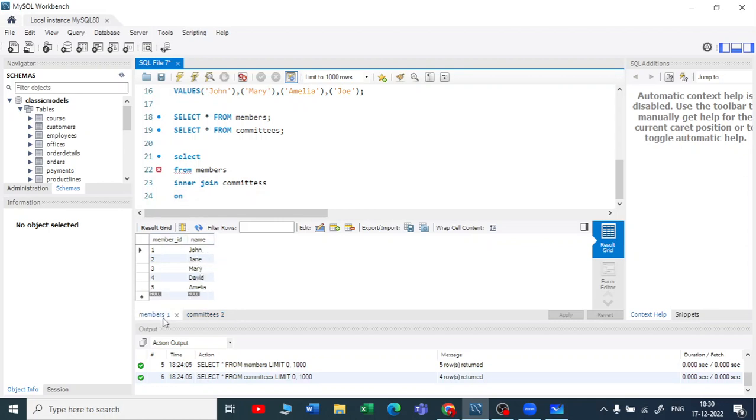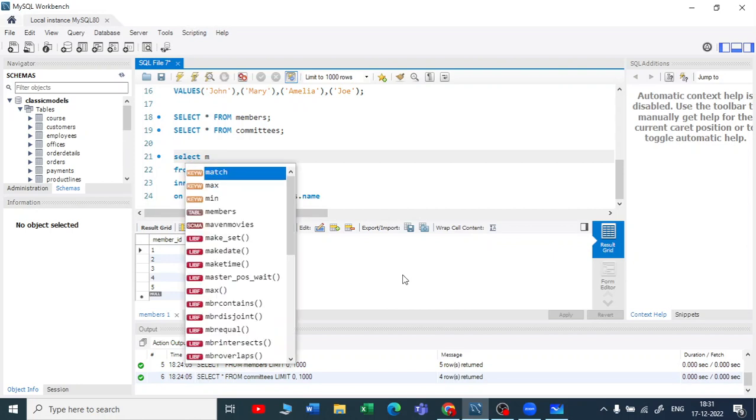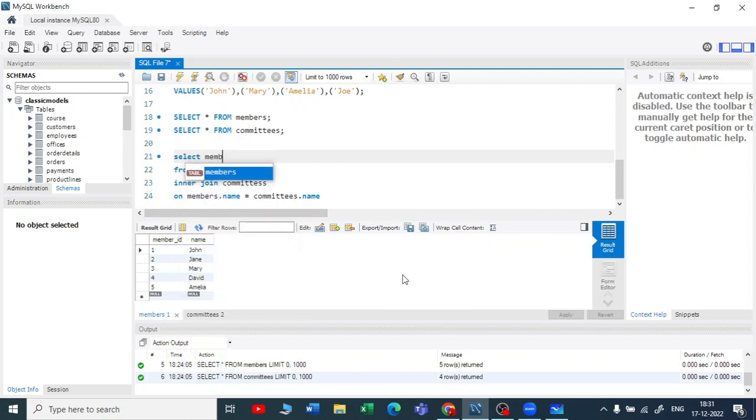So your members table name column is matching with the committees table name column. So on members table dot name column should be equal to committees table dot name column. Now what I want is member ID, which is from the members table dot member ID,